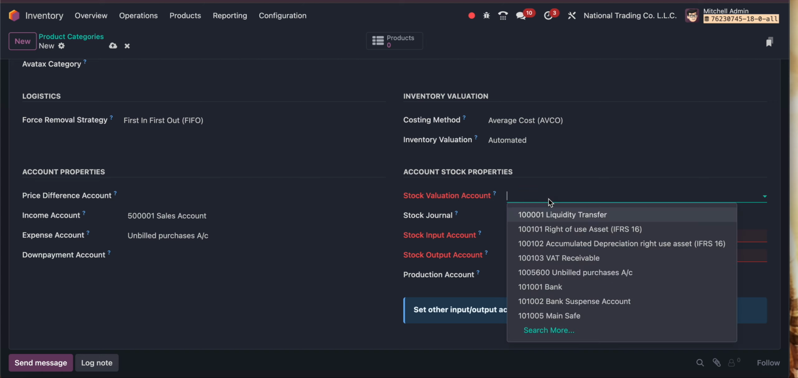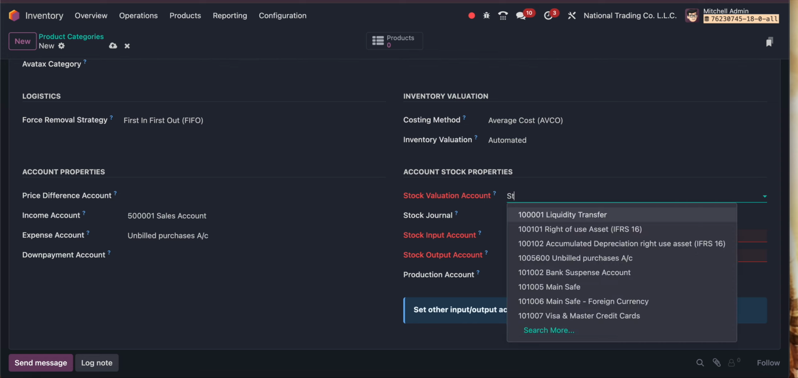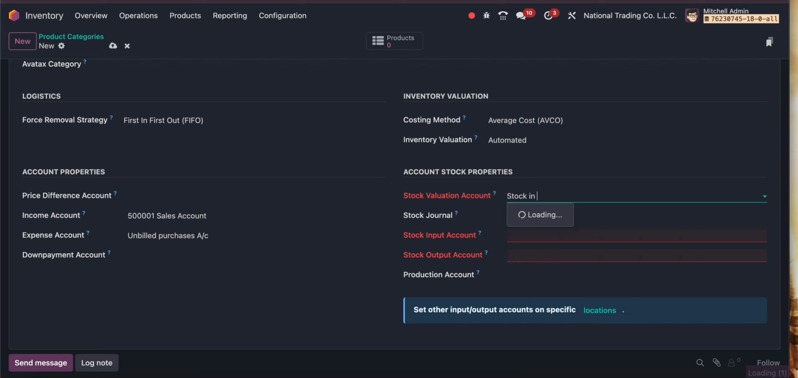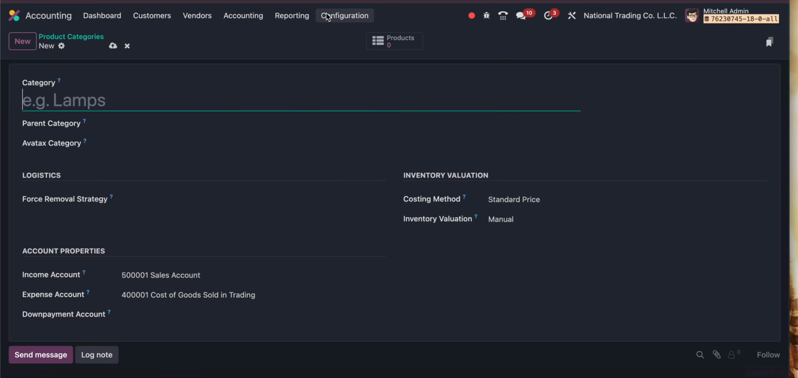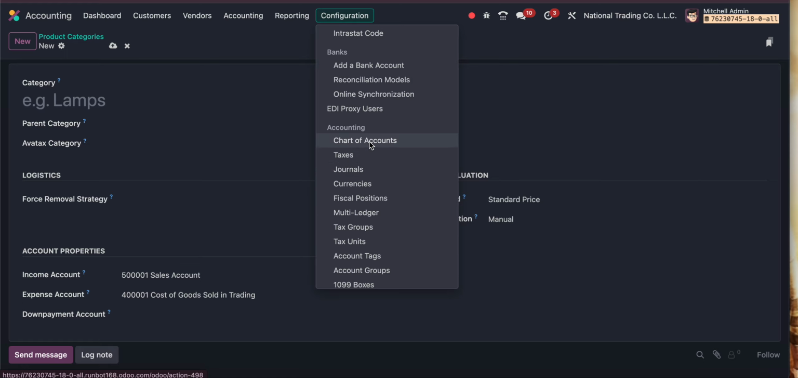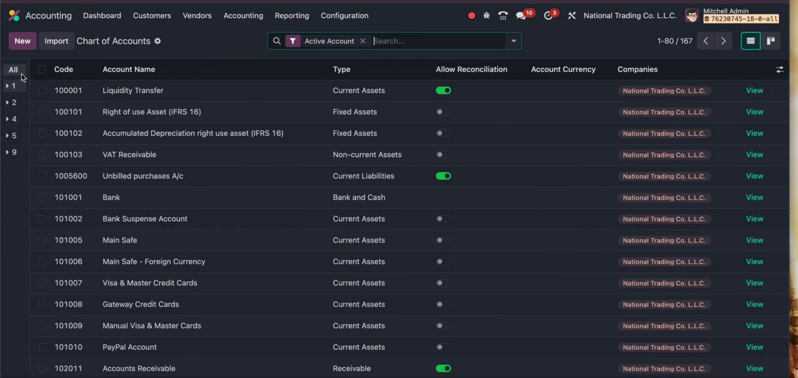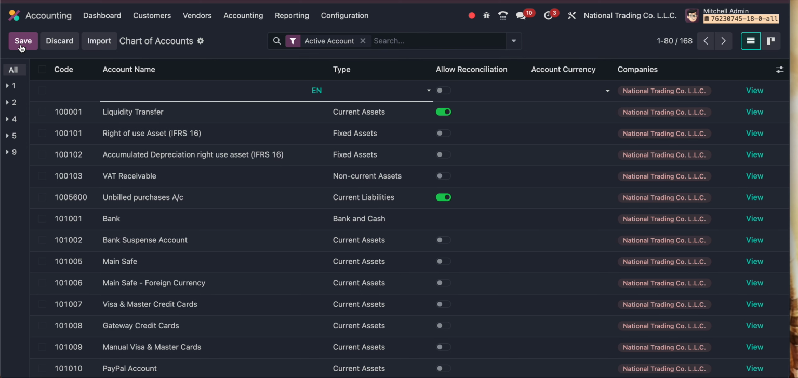Okay, now when it comes to the stock valuation account, ideally closing stock account or stock in trade account is not available in Odoo chart of accounts, so I'm just creating a new account again, stock in trade account, but I'm not able to create an account here. So I take a duplicated tab, and in the duplicated tab I just take you to the chart of accounts. So in the chart of accounts, I create a new account,